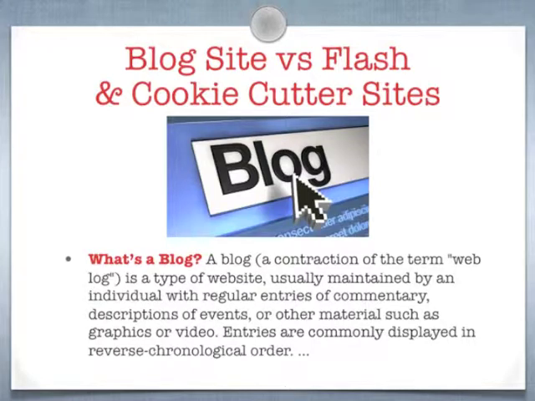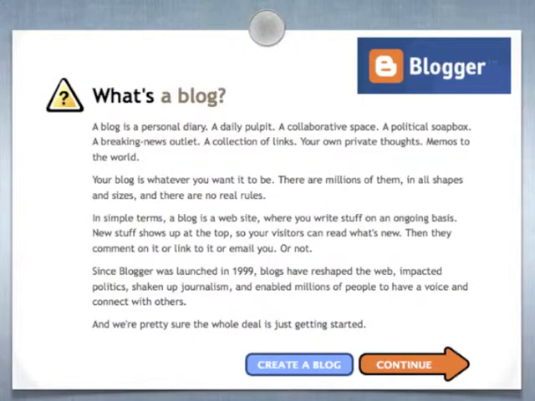A blog is the contraction of the two terms, web and log. I wish they would change this, because I know what a blog is, but most people are like, what's a blog? It just doesn't make any sense. But you can see on this screenshot what basically a blog is. I forgot where I got this definition, I think it was definition.com or Wikipedia or something like that.